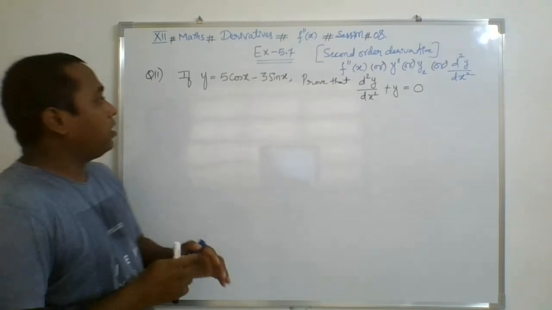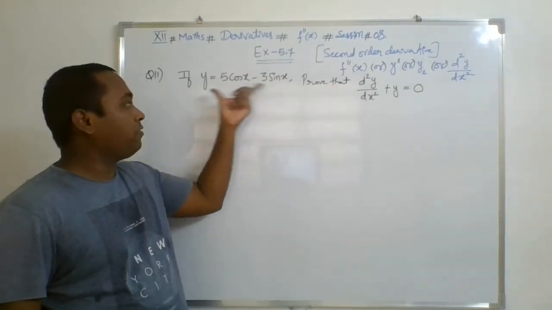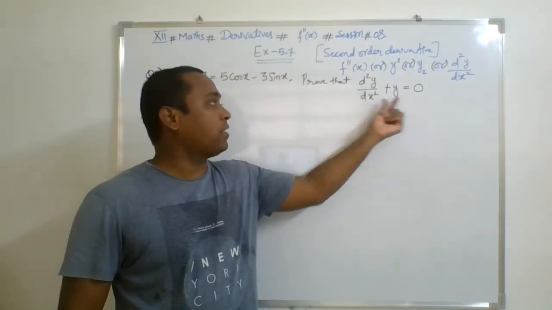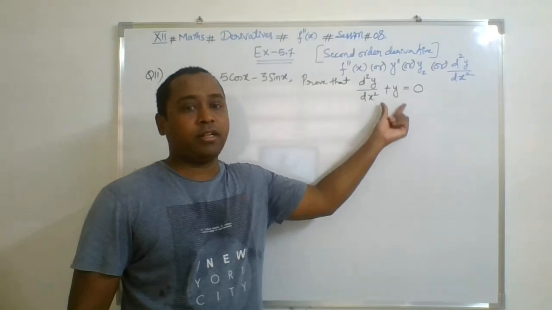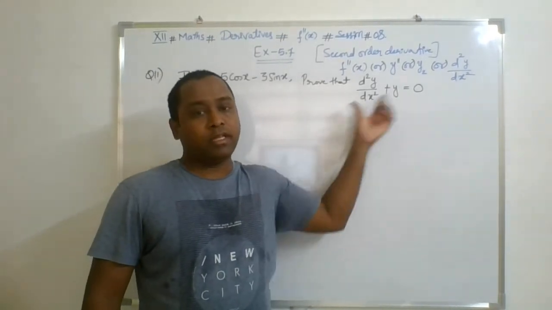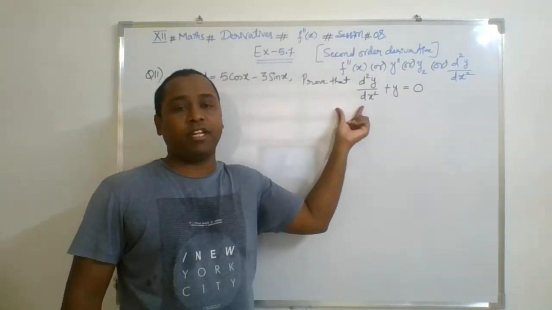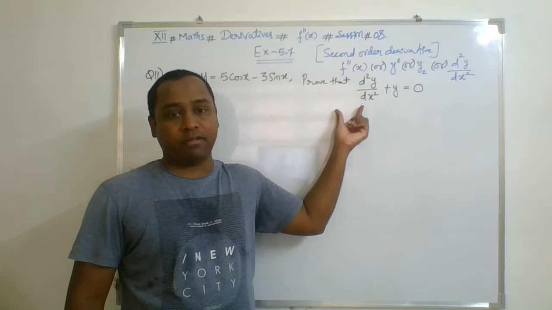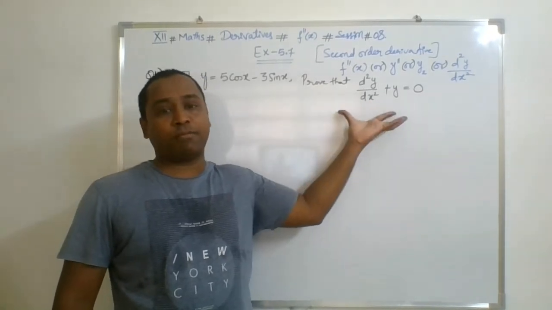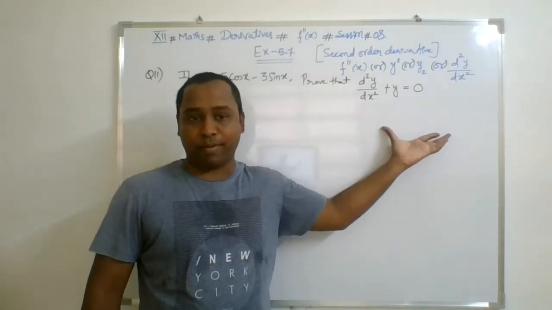So see here what they are asking. This is a function, y is a function of x, then prove that the double derivative answer plus y, that means the given function, their sum is equal to 0. To prove it is 0, we have the value of y, we only need to calculate the double derivative. And then once we calculate the double derivative, we'll simply substitute the results in this equation to get 0. This is the simple aspect.